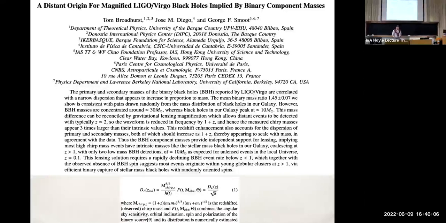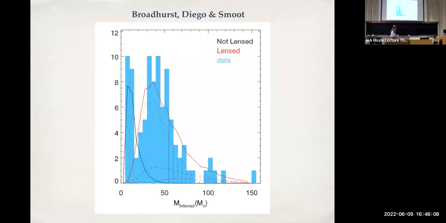It's inherently degenerate. What they say is that if you take what they say is the non-lensed distribution, basically the masses of X-ray binaries in the Milky Way, and you lens it, you get the distribution that LIGO gets. We don't know how come there are so many 30, 40, 50, and 60 solar mass black holes that LIGO found,